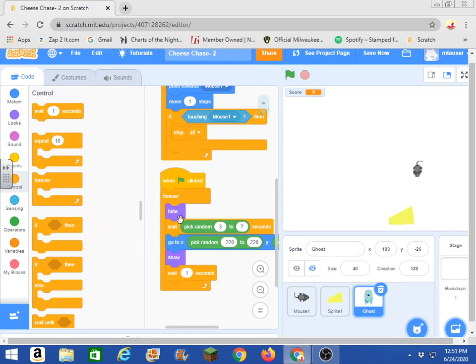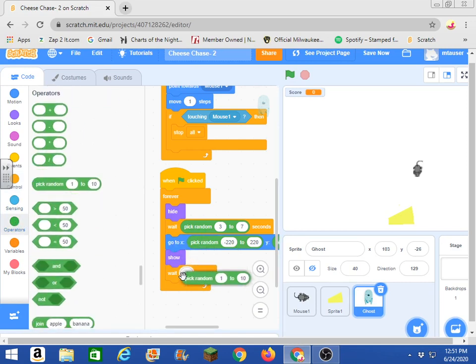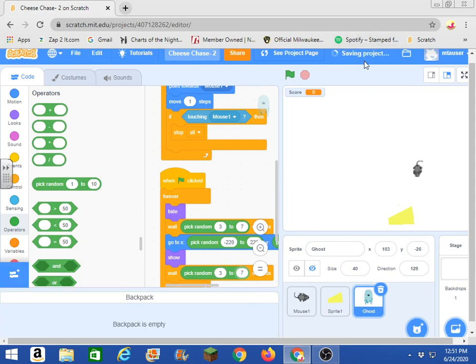And again, we're going to pick a random number of seconds, again 3 to 7 seconds. So basically what that's saying is, to this ghost sprite, when it's clicked, first it's